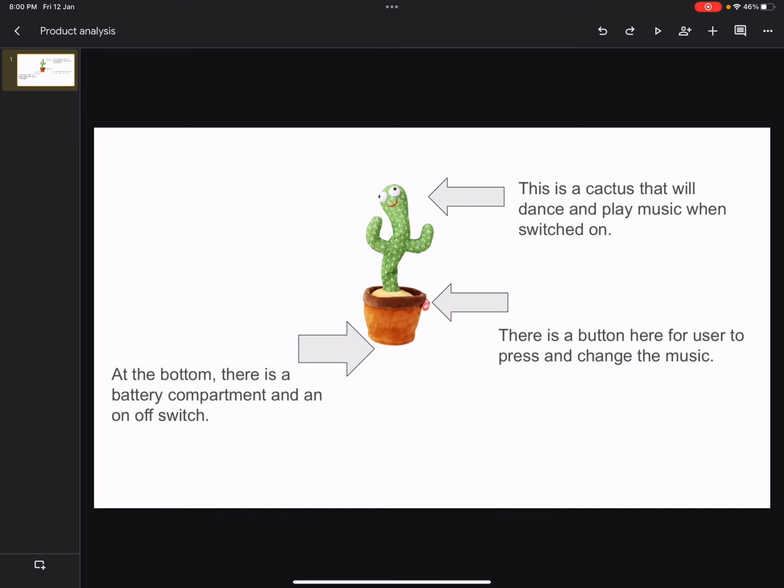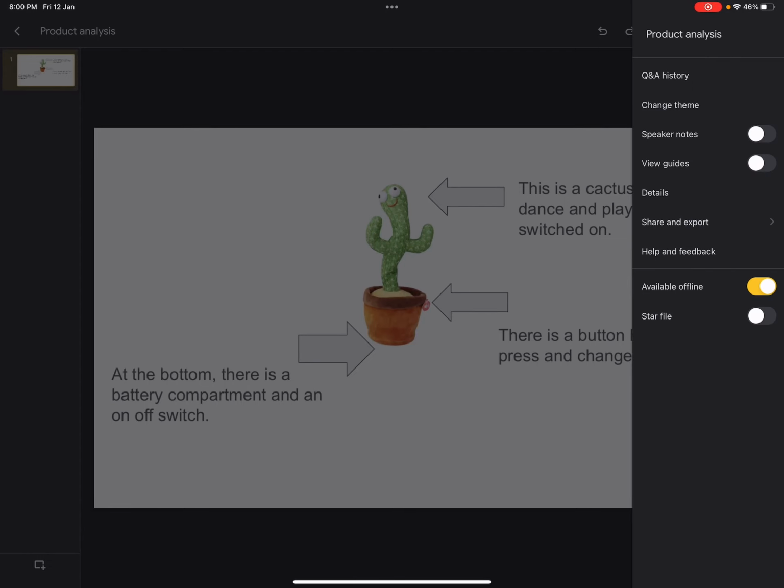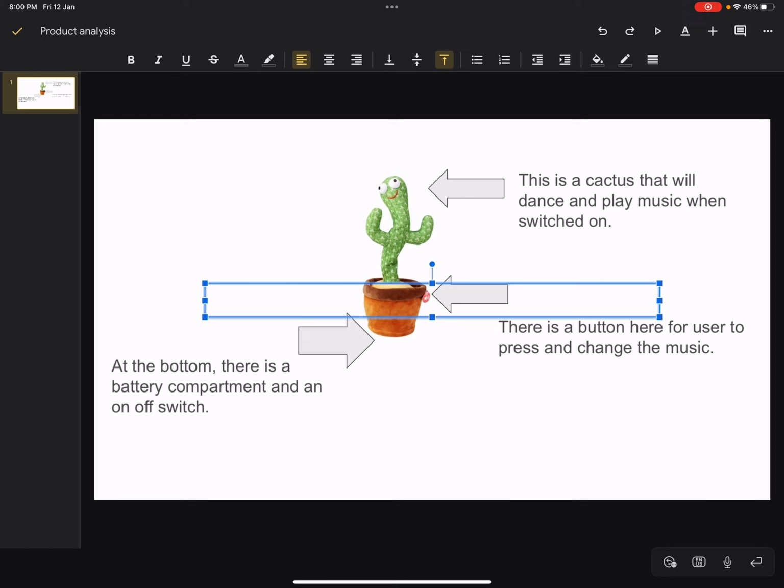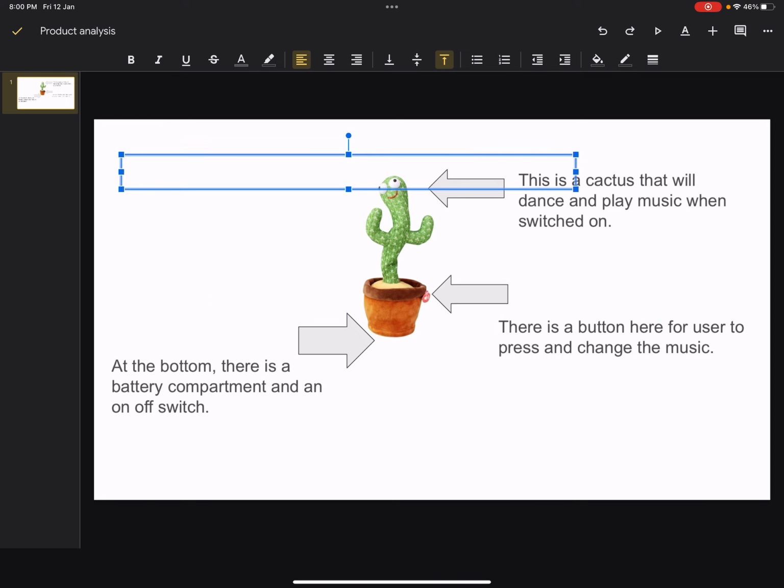Okay, lastly, because I said the purpose of doing this product analysis is to think about how I could adapt this idea, I think one possible idea that would be good is that, since this is a dancing cactus, I could change it